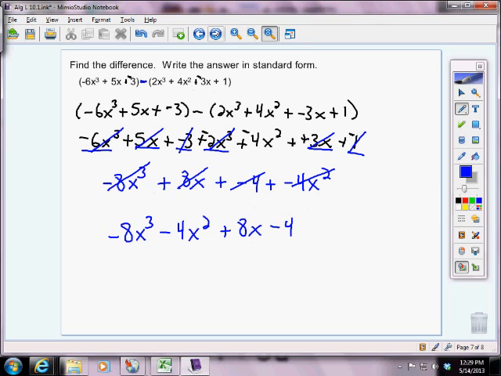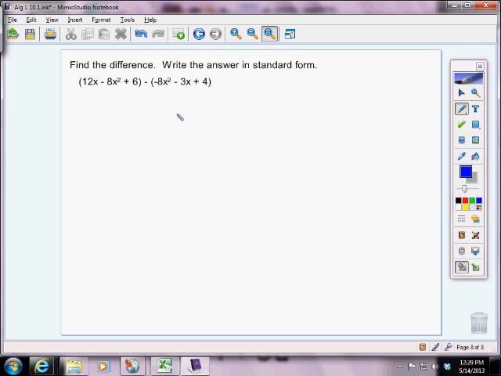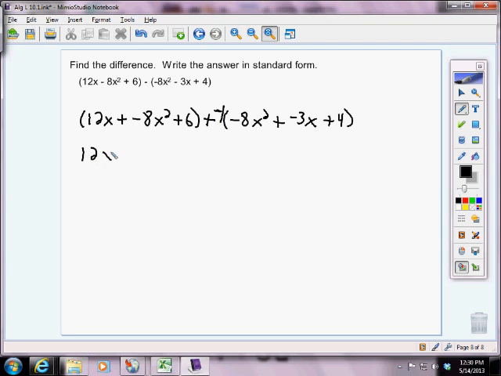Let me show you another way we can look at it. It says find the difference. Again, write your answer in standard form. Another way we can do this, if I rewrite this, changing all subtraction to addition, I'll leave that minus there just for a second. We can keep this polynomial, change that to subtraction, change that to negative. Then we can think of this as distributing a negative or a negative 1. So what happens when we do that